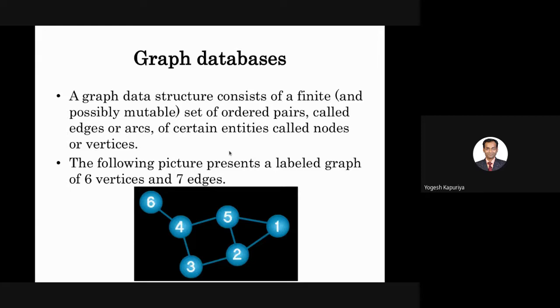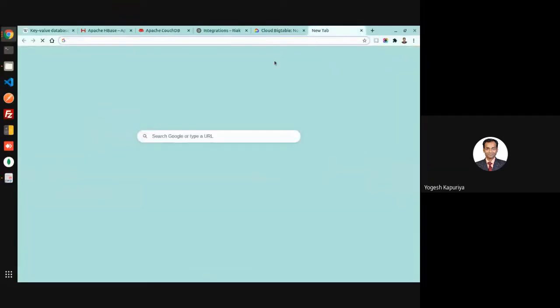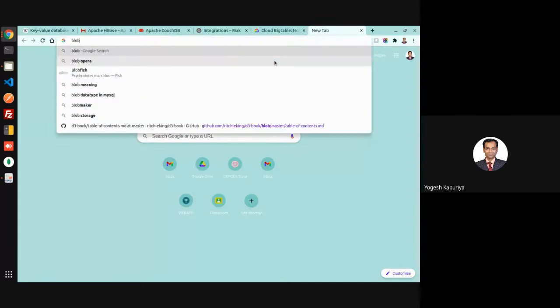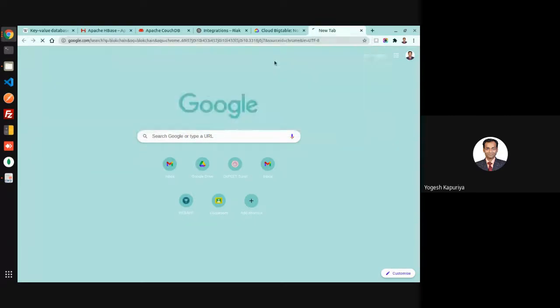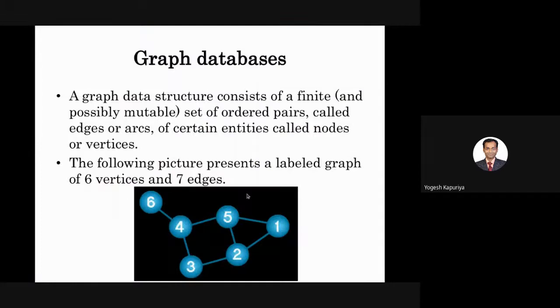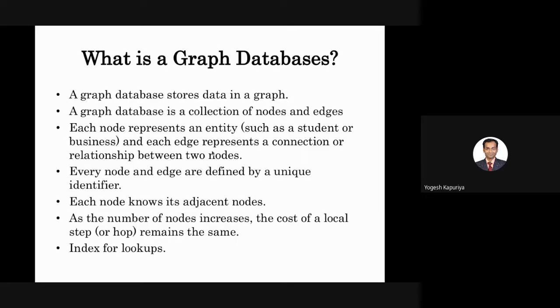Next is Bitcoin. Sorry, I'm not saying Bitcoin is actually an application, but this is very popular nowadays. I just forgot the name. Blockchain, sir? Yeah, blockchain. Thank you. It was there in my mind. So it is widely used for that as well. Blockchains. So graph data structure. Again, what is a graph data structure?